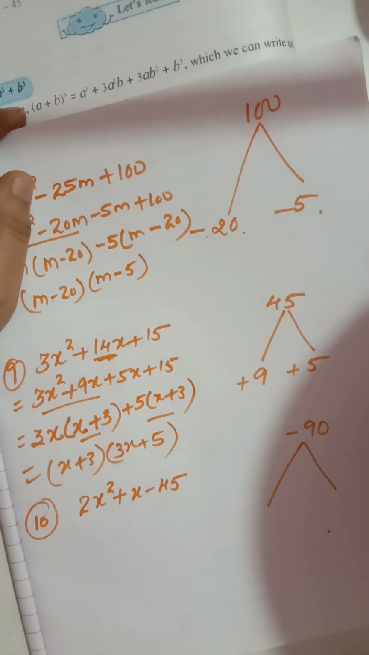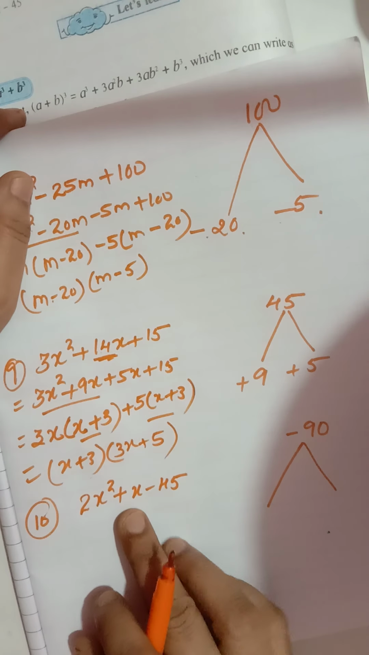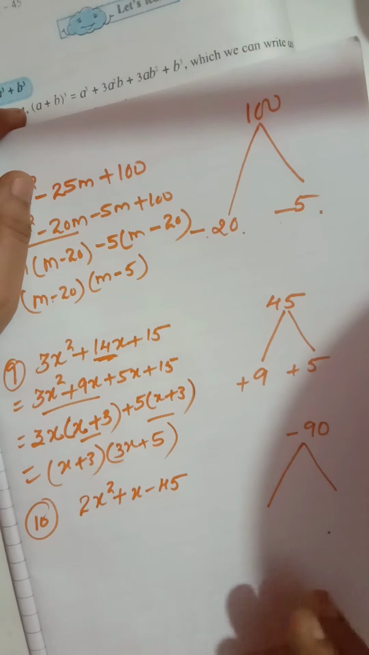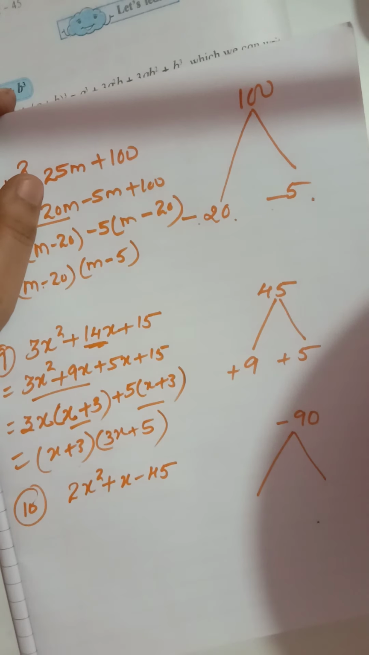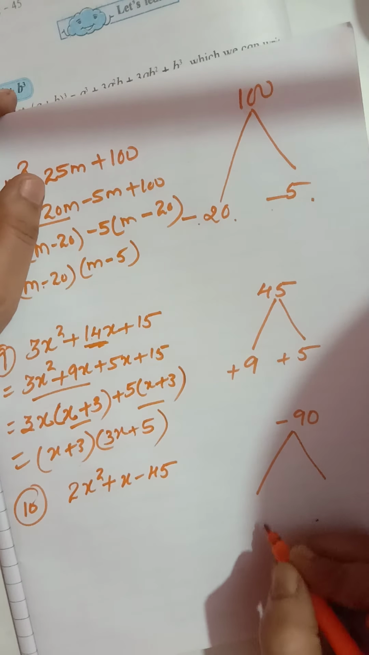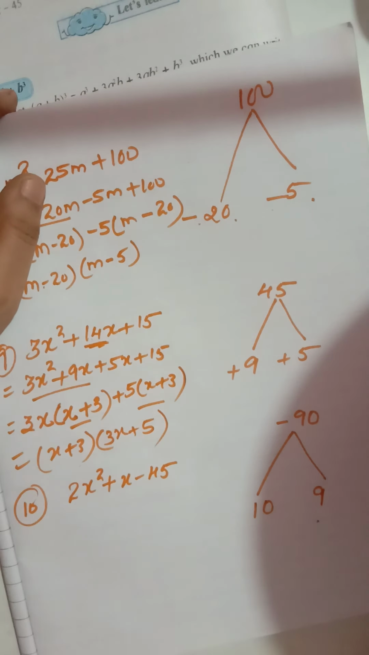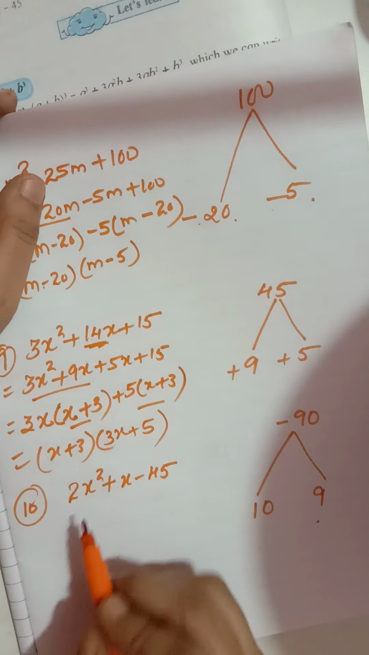Correct? Minus 90. Now we have to find the factors of minus 90 such that in the middle it is only plus x, that means plus 1x. If 1 is not written, it is understood that it is only 1x. Now what numbers will we take so that the product comes to 90? So we know that 10 nines are 90, right? Now here, see children,